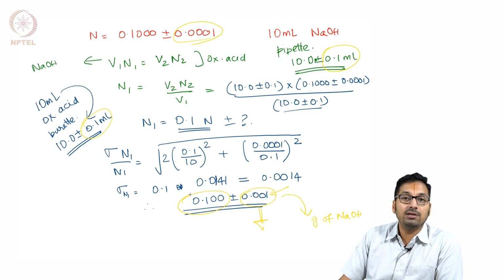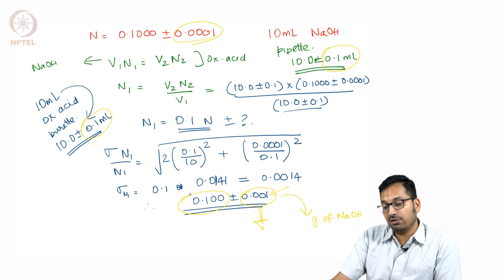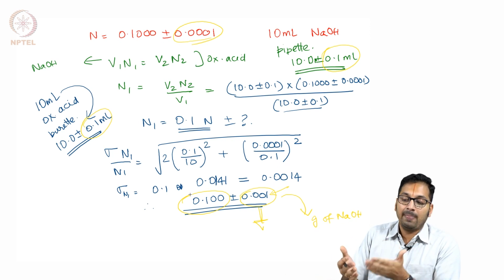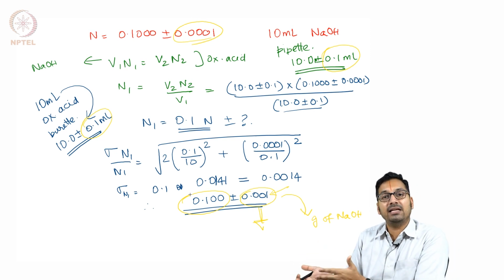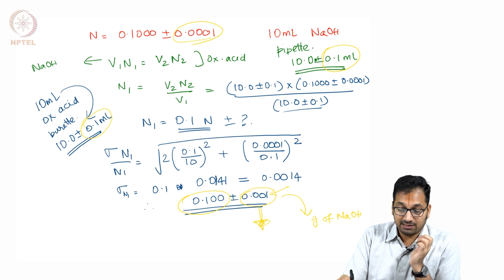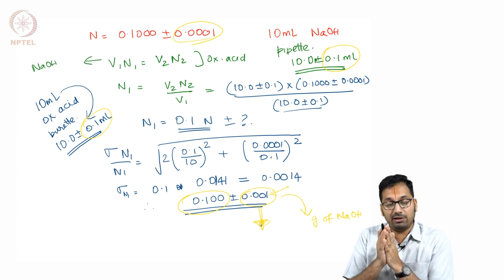For instance, let's say you want to understand how much phenol is dissolved in water as a function of temperature, in which case, as you change the temperature, you will dissolve different amounts of phenol. Then you will titrate it against the standardized NaOH in order to back calculate. Of course, you must remember that this error that we have calculated here will propagate to the concentration estimation of phenol in this case.